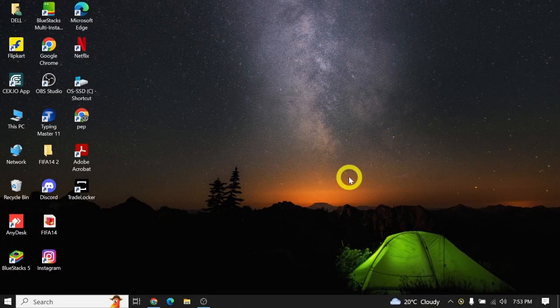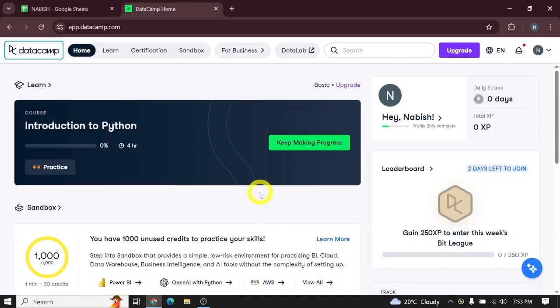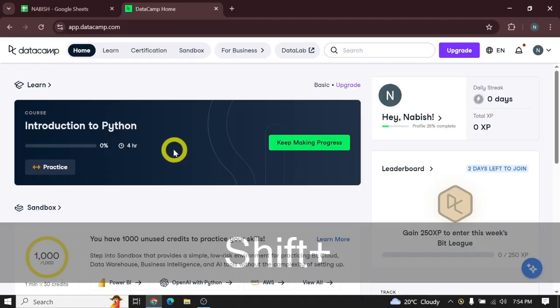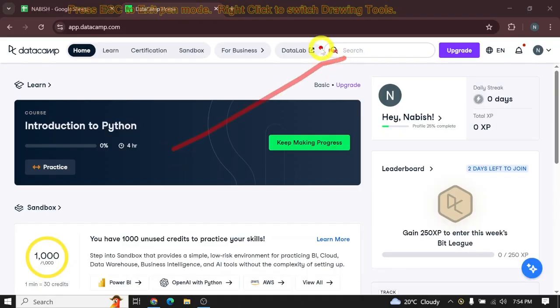First of all, open a browser on your laptop or mobile device. Once you open the browser, simply search for the DataCamp website. As soon as you enter the website, log in to your account with your registered email and password. After you get logged in, look at the top right corner of your screen where you'll be able to view